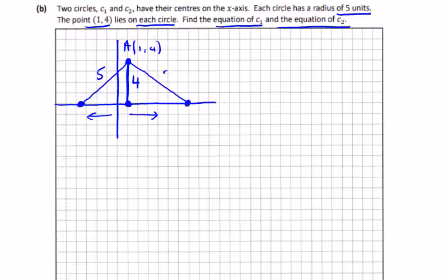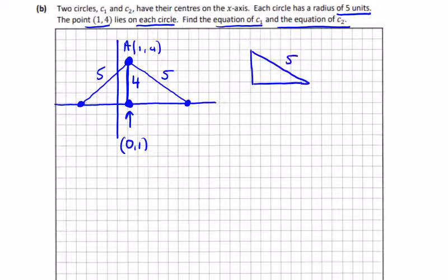Now they're supposed to be symmetrical, so what can we say here? Well, if I get rid of these arrows, what point have we got here? This is the point (1, 0), and that's 4 units to the point (1, 4). So if I take this triangle, and they're both the same triangle, I have a radius of 5 and a height of 4, so the distance from (1, 0) from here to here is 3, based on our knowledge of right angle triangles. So now what I can do is I can get this point here, which is one of the centers. If I add 3